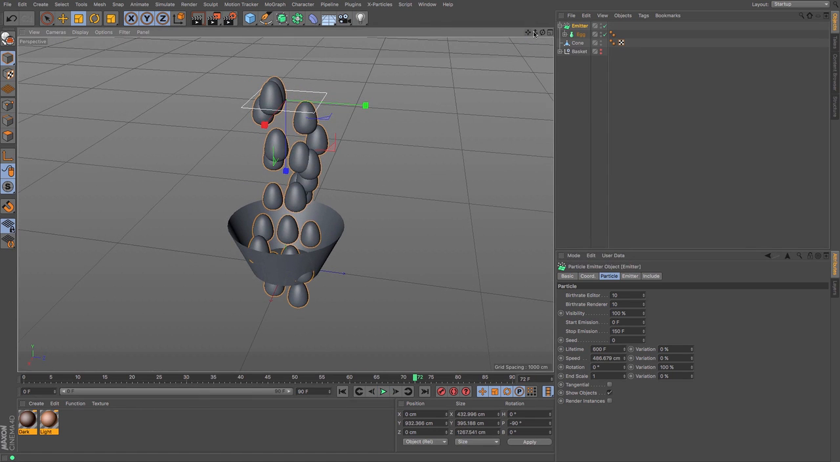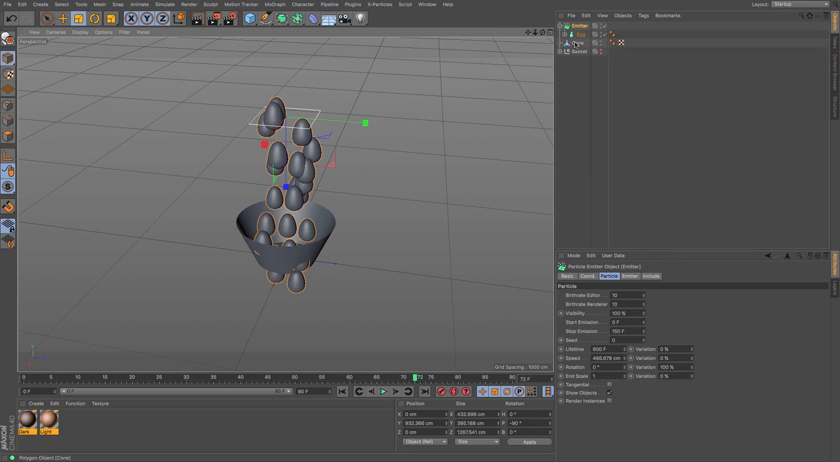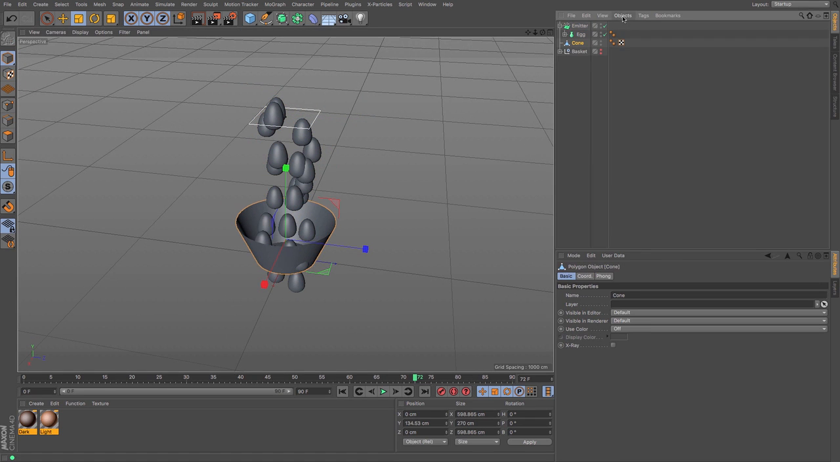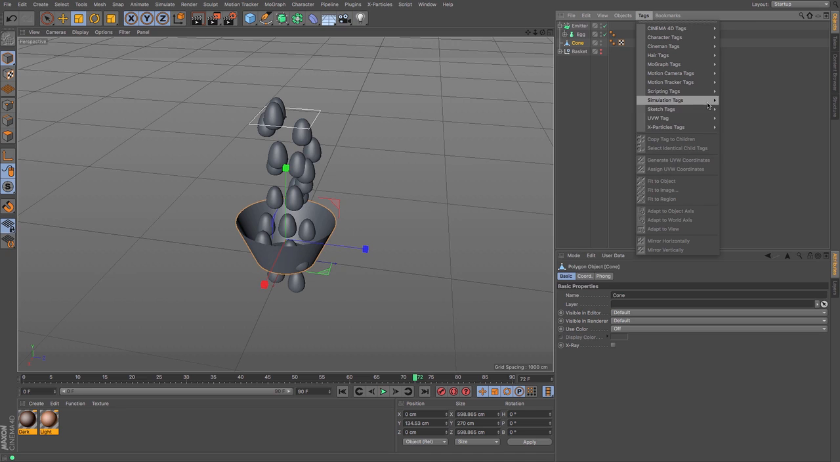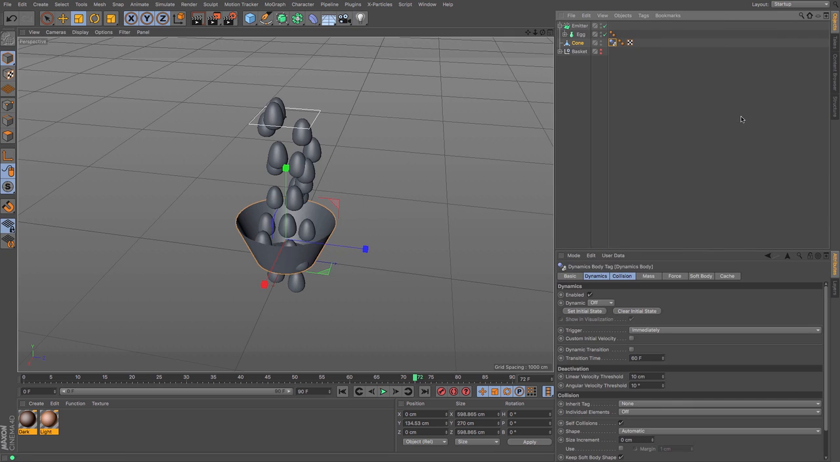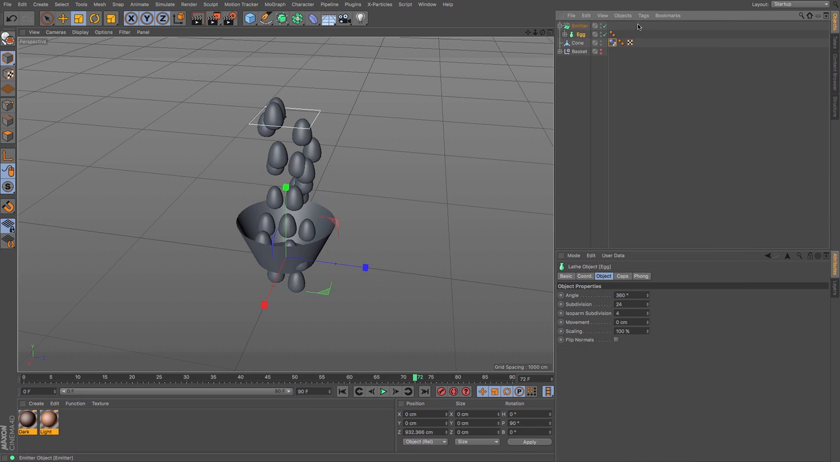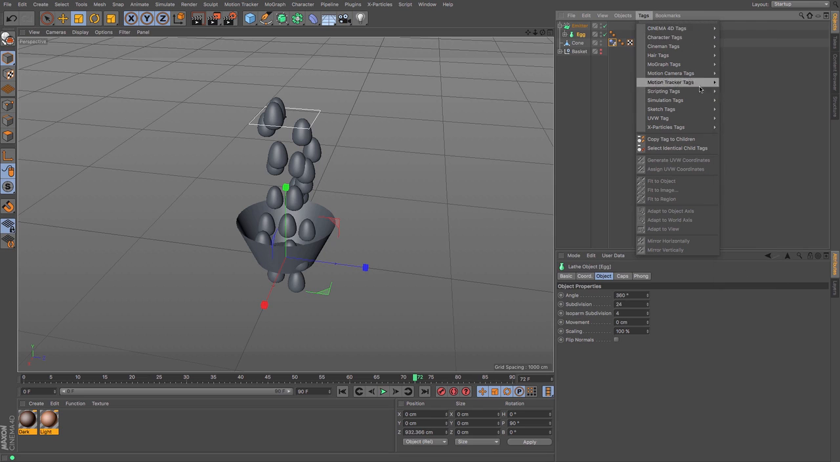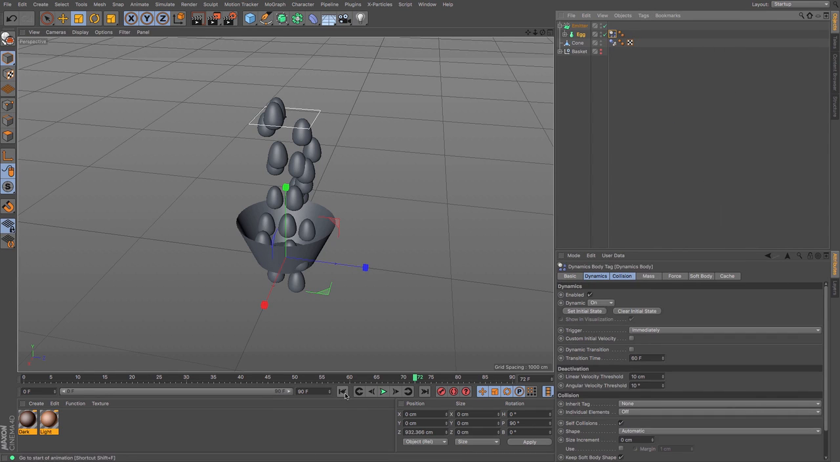Okay, so we need to do that. So let's go to the cone. Under tags, under simulations, I'm going to need to make it a collider body, because that's what's going to be collided with. And my eggs, I'm going to need to make a rigid body. Boom. So now if I go back to the beginning,